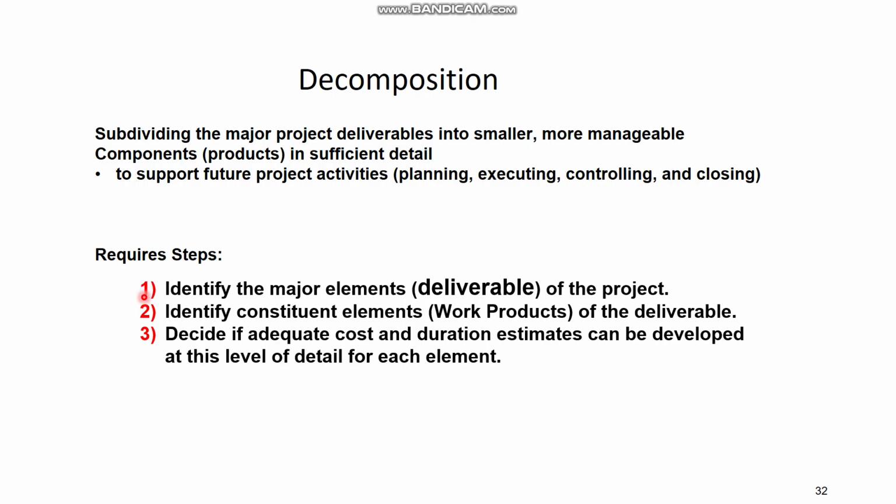So what are the steps? The major steps are: identify the deliverables of the project, identify the work products of the deliverables, and decide if the cost and duration estimates can be developed at this level for the detail of each element. Normally for most things the cost estimate will come with time. For example, at the requirement phase you cannot estimate the cost of testing or the cost of coding. You can have an approximation, but to give the exact figure, there